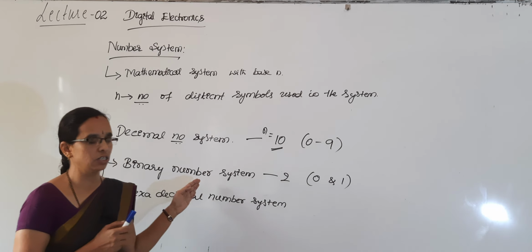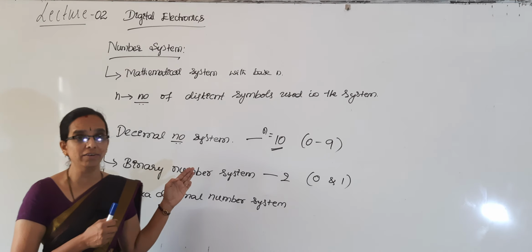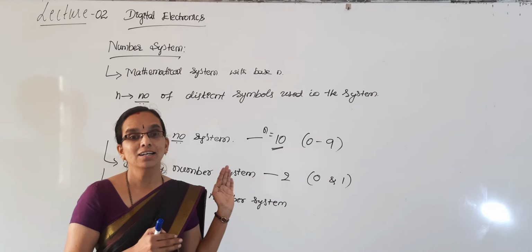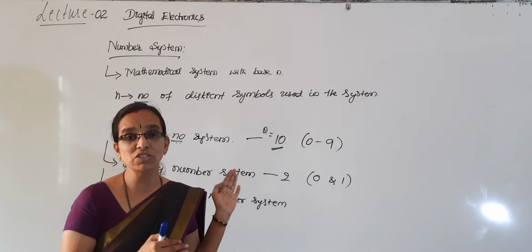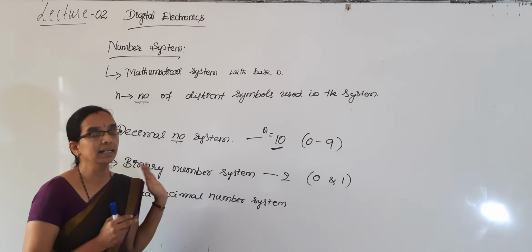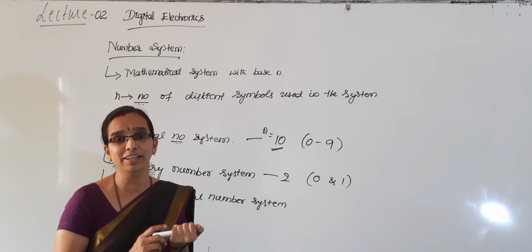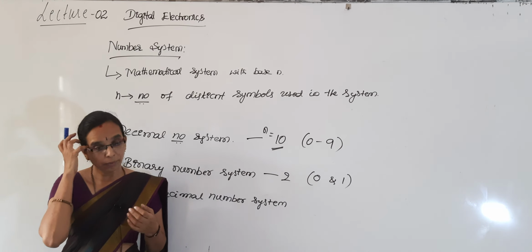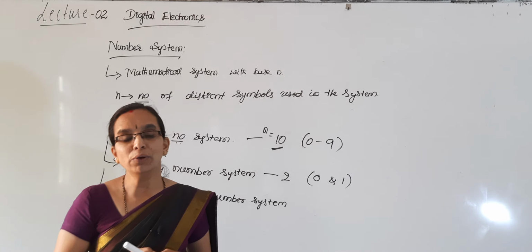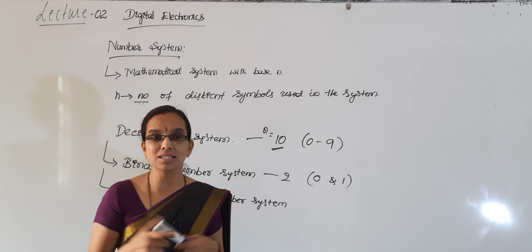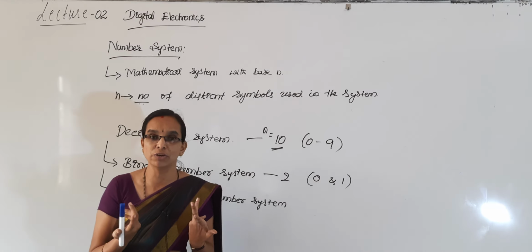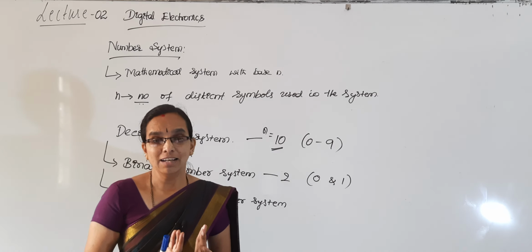Almost all digital circuits, your computer, your smartphone, whatever digital devices you are using, operate on the binary number system. Their language itself is binary. You might have heard in your computer class or in high school that computer language is nothing but a series of ones and zeros, 1 0 1 0 1 0 0 1 0. That's the language of the computer.